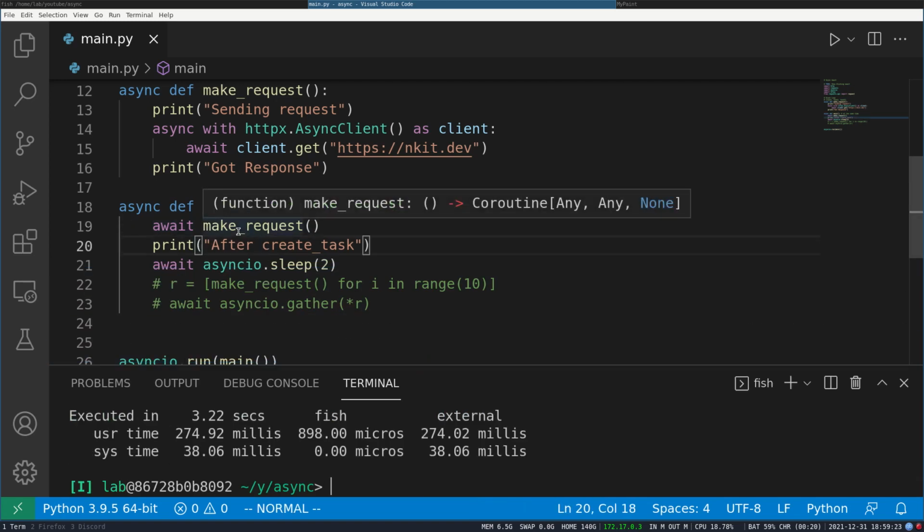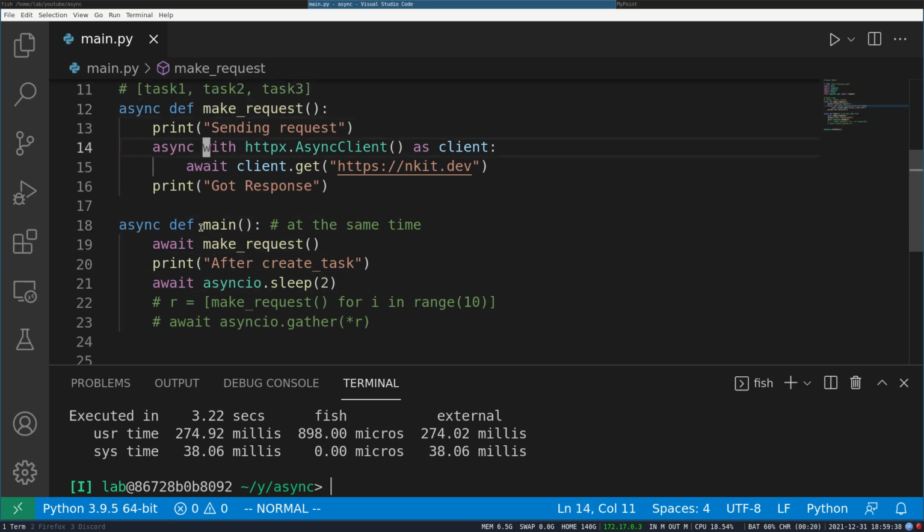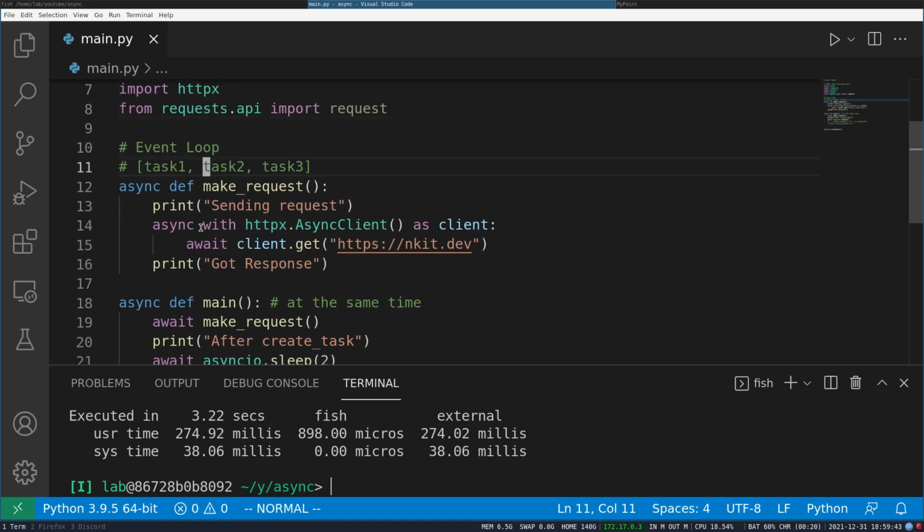So the main idea was that calling make request won't do anything unless you await it, or give it to some other async function that can schedule it. So you have to schedule it, otherwise it won't do anything. And yeah, that is pretty much it.